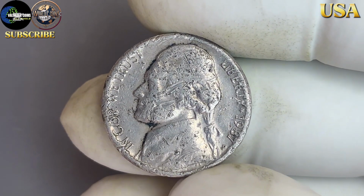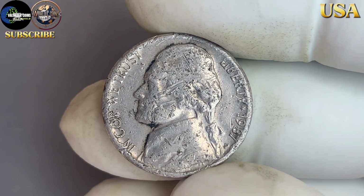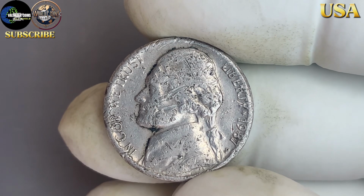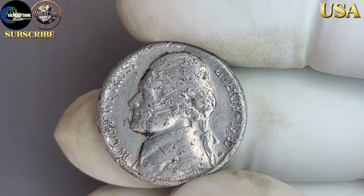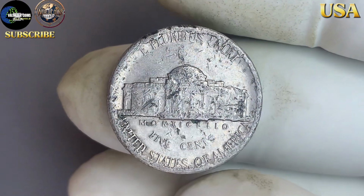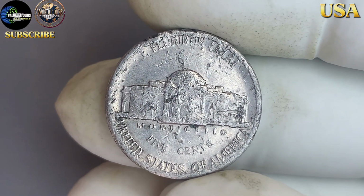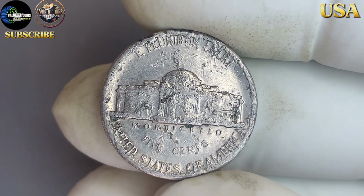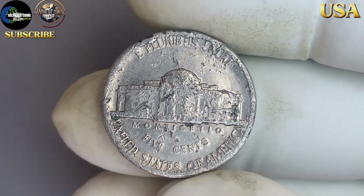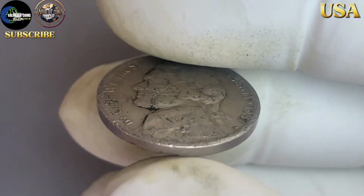Over the years, demand for high-grade Jefferson nickels has increased as more collectors seek to complete their sets. While earlier years of the series, such as those from the 1940s and 1950s, often get more attention, later dates like 1987 are beginning to rise in popularity as well. This shift in demand has led to increased prices for well-preserved examples, especially those with certification from reputable grading services